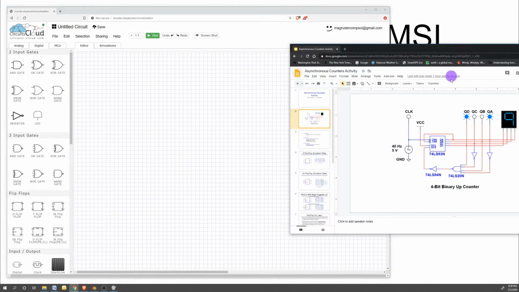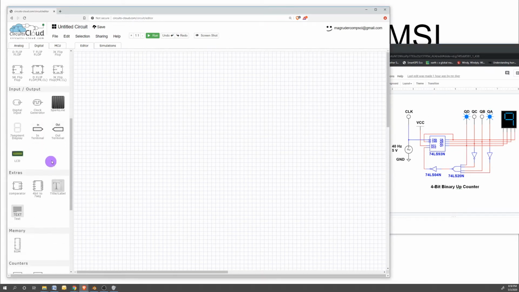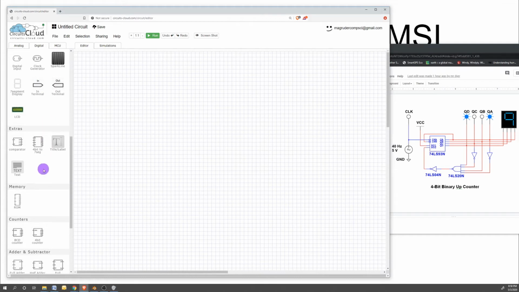And so the main component we're dealing with is this 4-bit counter. We don't have an actual 74LS93, but we do have a 4-bit counter which implements the same logic with a little less options. Again, I'm going to try and get most of these components laid out so I can start visualizing how I want to build this. And so the first thing I really need